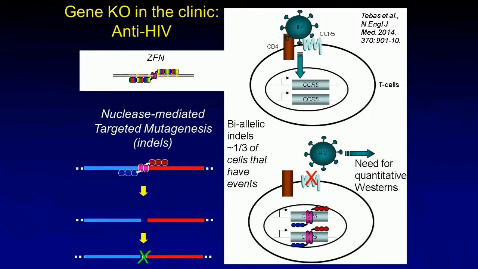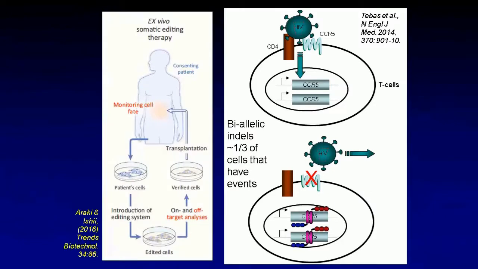So in order to see if your gene therapy or gene editing effort actually knocked out the protein that you want, you really have to do a Western. That's the way that you can tell that the protein is no longer being expressed. And we're going to hear a lot more about Westerns from Millipore Sigma in the second half of this webinar.